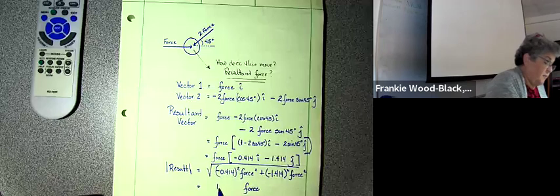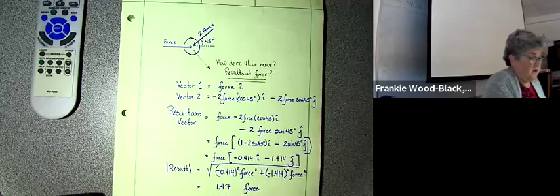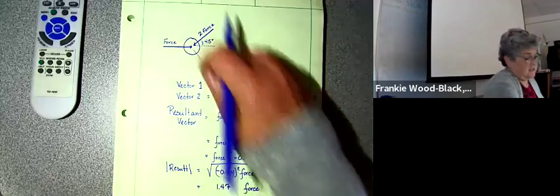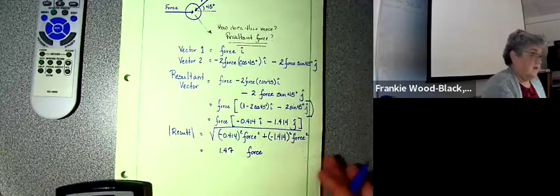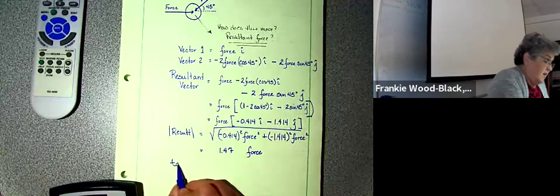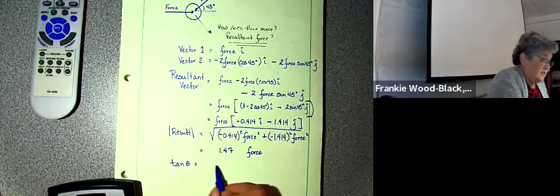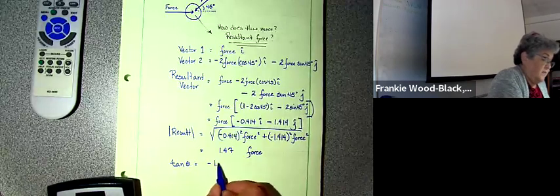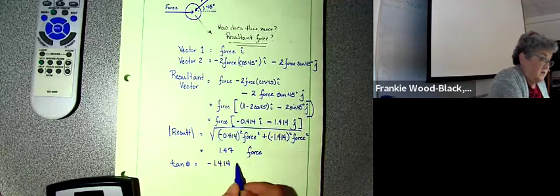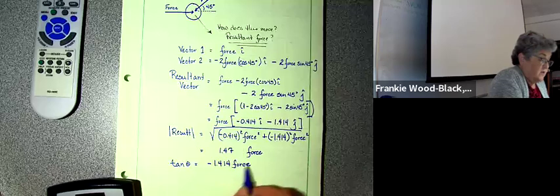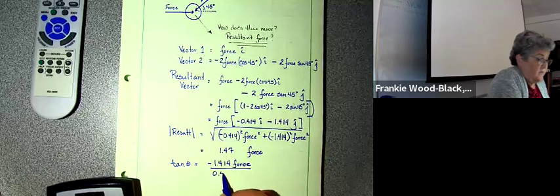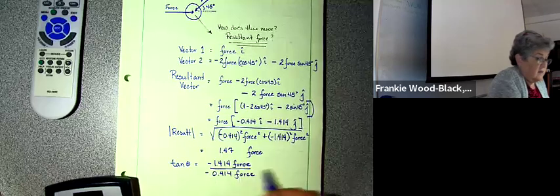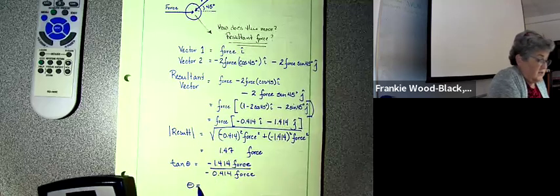This is going to be 1.47 times the force, which is the magnitude that it's going to shoot off. But now we want to look at our angle. So the tangent is going to equal our negative 1.414 times force divided by our 0.414 times force. So my angle is going to equal